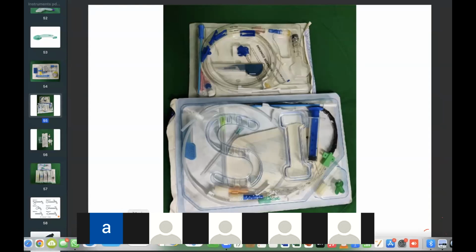Under strict aseptic conditions, painting and draping are done, and the landmarks are rechecked by asking the patient to raise the head. Then with the finder needle of 22 gauge,